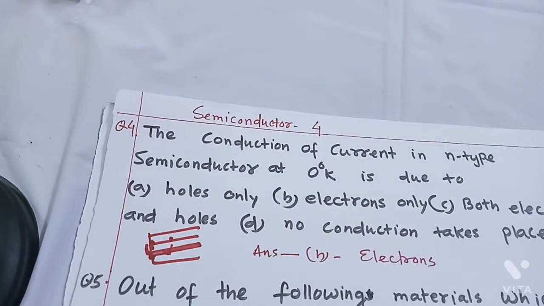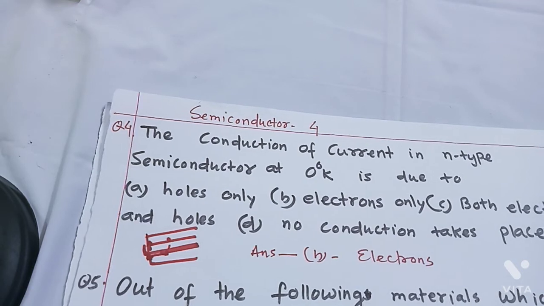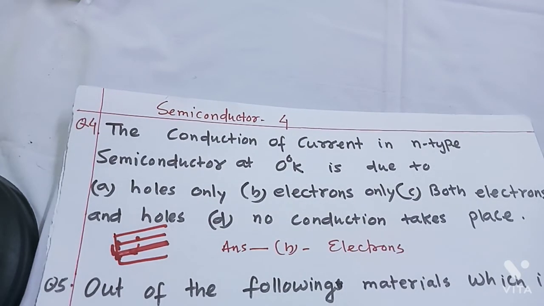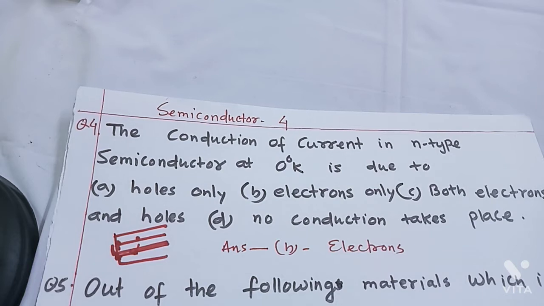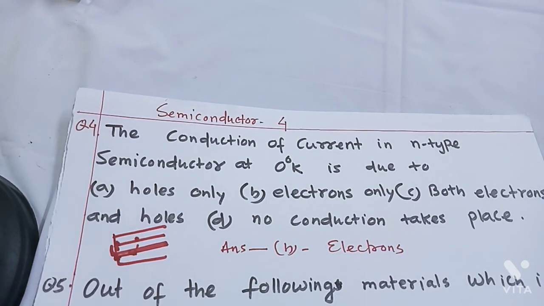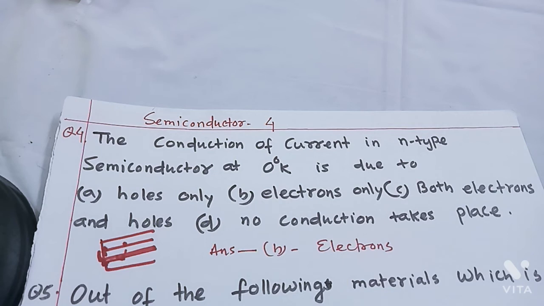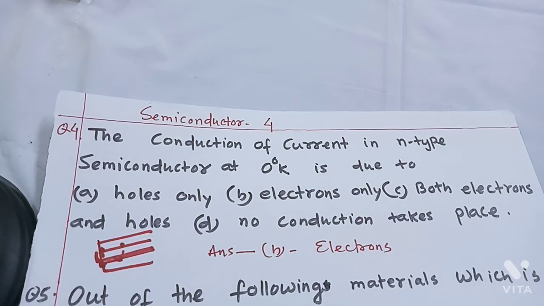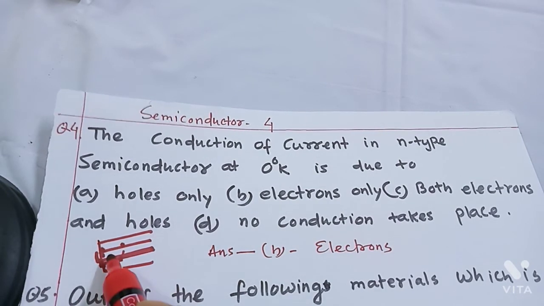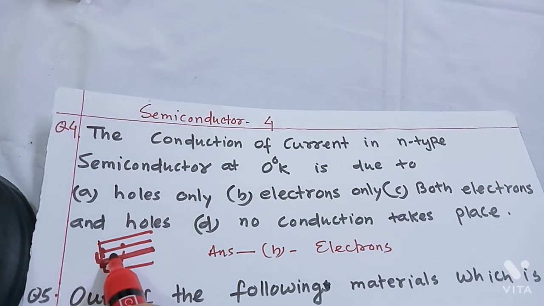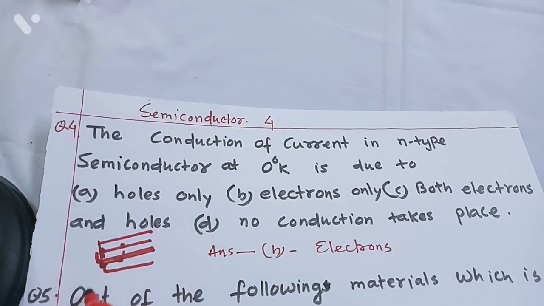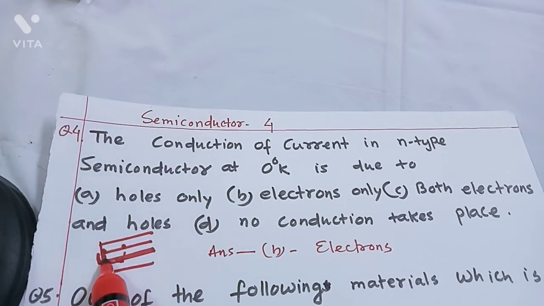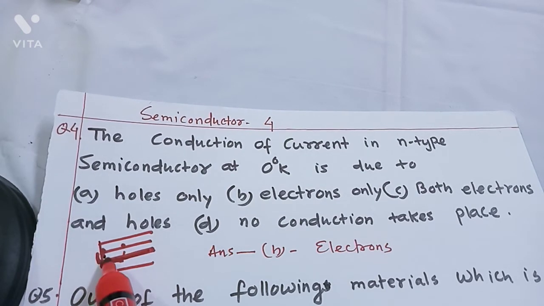Next question: the conduction current in N-type semiconductor at 0 degree Kelvin is due to holes only, electrons only, both electrons and holes, or no conduction takes place. Answer is electrons only. Now what happens? At 0 degree Kelvin, in case of N-type semiconductor, the donor level, which is close to the conduction band, is filled,